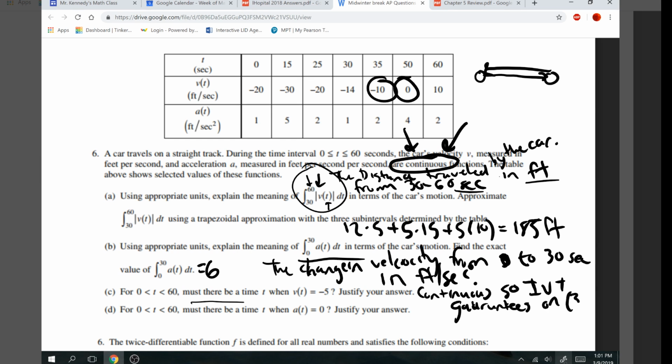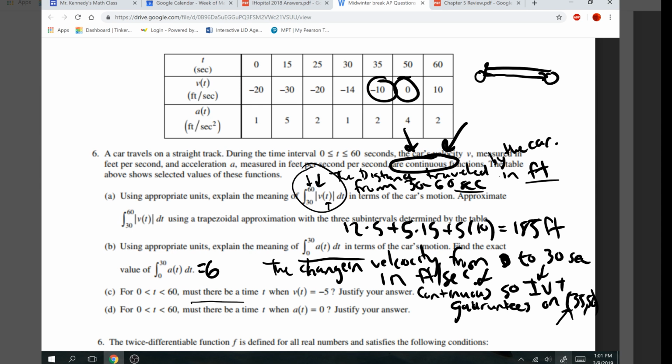on 35 to 50. I think this is the laziest possible way to write this. Yeah. You need to say it's continuous, you need to mention the intermediate value theorem, and you need to say the interval on which it is guaranteed. Alright,